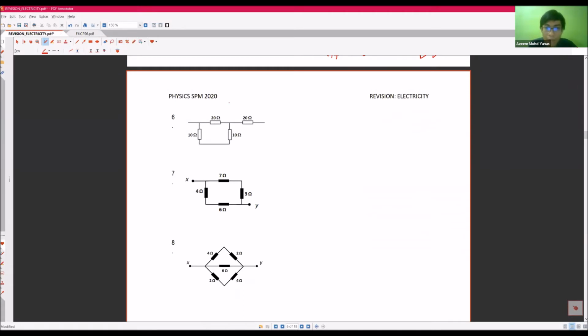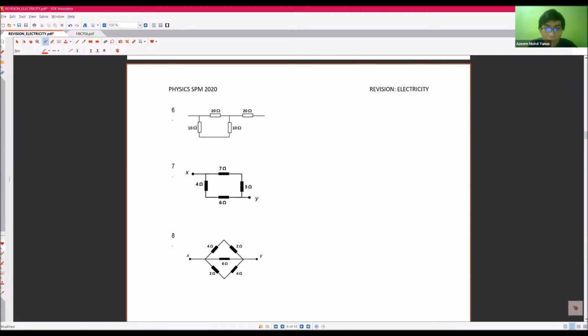This looks like a complicated one, but doable if you do it carefully. So basically, let's examine how many paths we have here. So let's assume the straight path first. If the current flows from here, we assume this is the positive end and this is the negative end. So if the current starts from here, it will go through the 20 ohm first and then the next 20 ohm. So this is the first path. Which means that this 20 ohm here and this 20 ohm here are connected in series. So let's